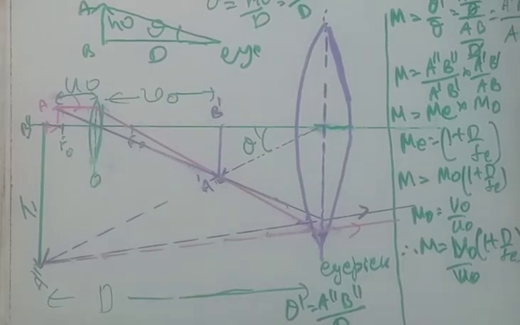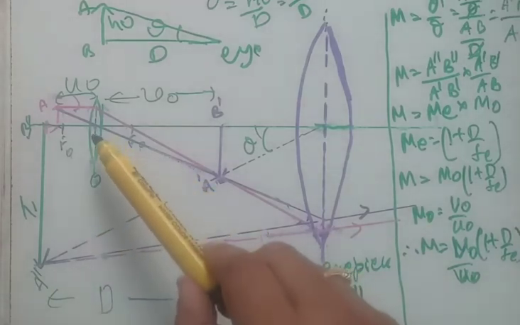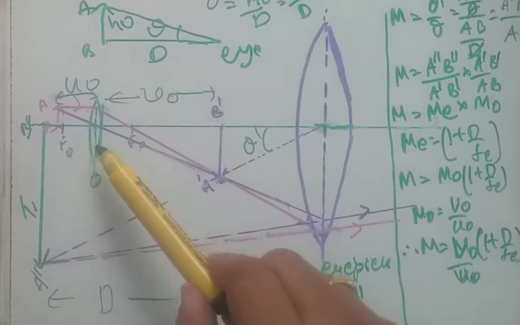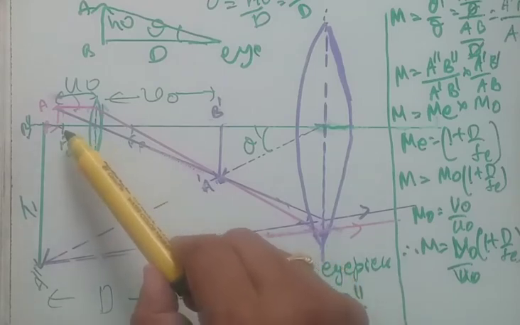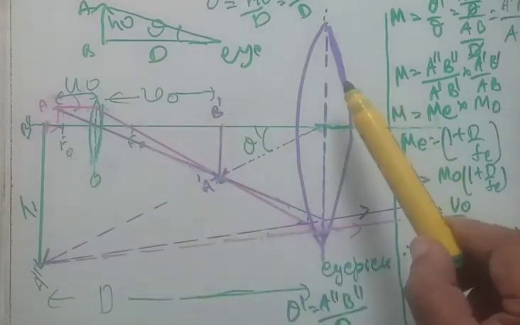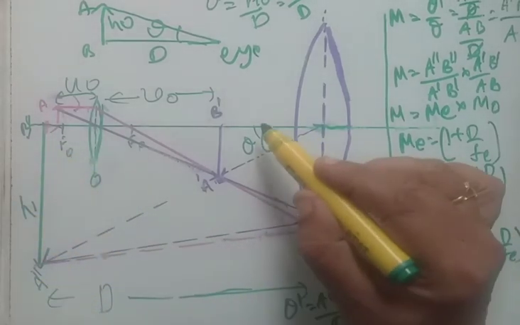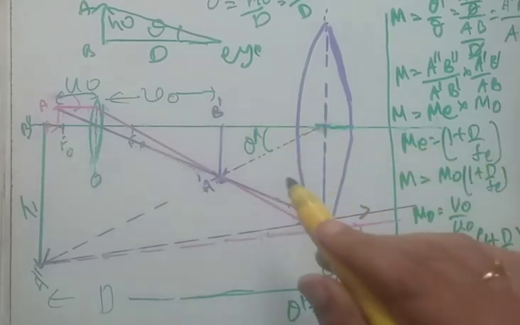But we want to simplify it a little bit. But before that, let us go through it once again. Observe the figure writing. It's very important. Say we have the objective lens here, and we have an object very near to the principal focus but beyond the focus, that is AB is the object, which forms an image A dash B dash at VO distance. Then that A dash B dash acts like an object for the eyepiece, which forms the final image A double dash B double dash as I have written, and that also forms an angle theta dash here.